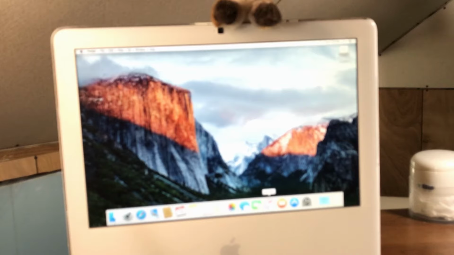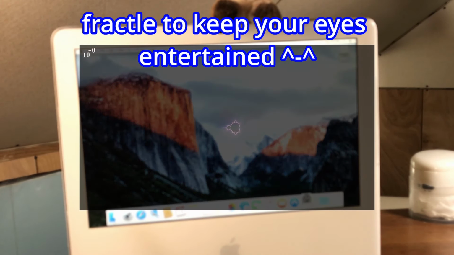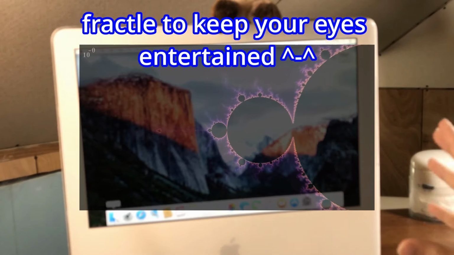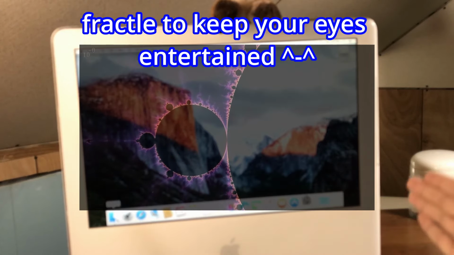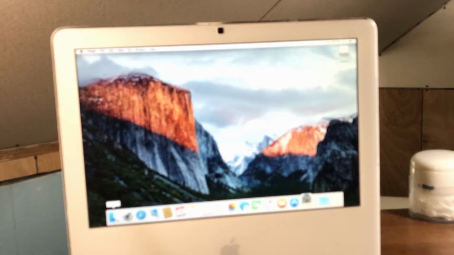Now you might be wondering, why would you even want to do this? And well, I did give the argument originally in the video that you could use this as a computer to run macOS applications for El Capitan and lower. And well, that is a really good use case, but I would only recommend this method if you already have one of these iMacs. If you are looking to get a Mac, and you saw this video because you're looking to get one like this,